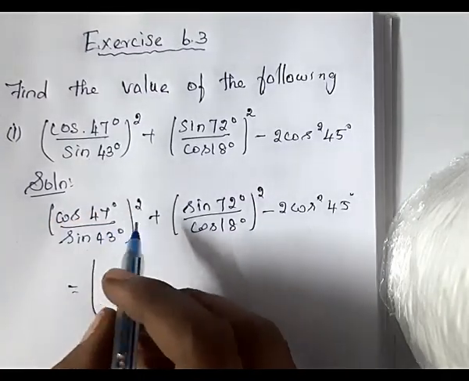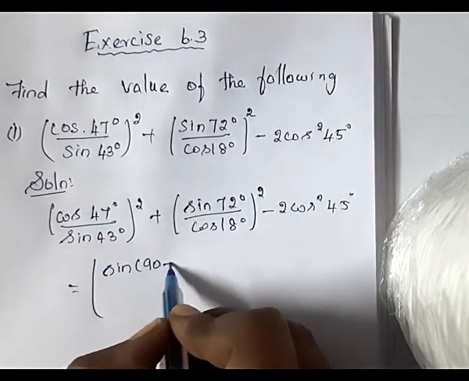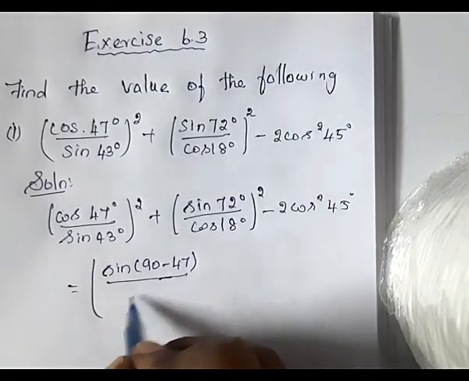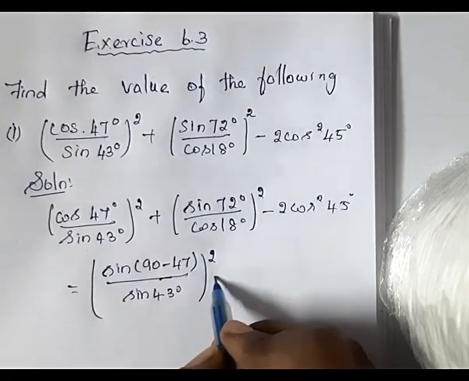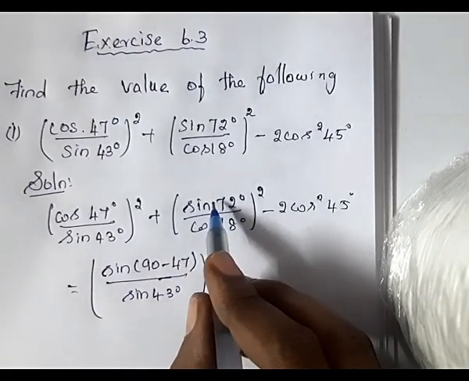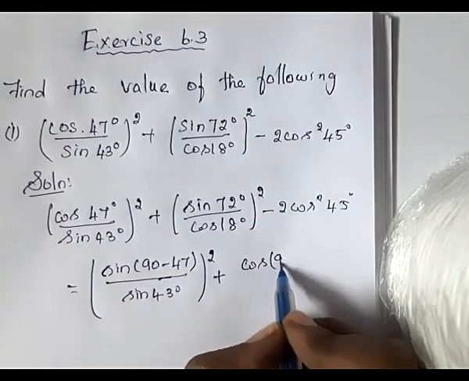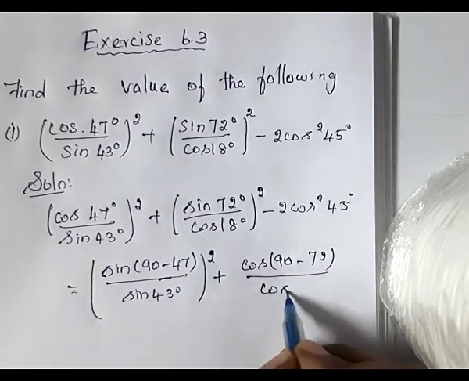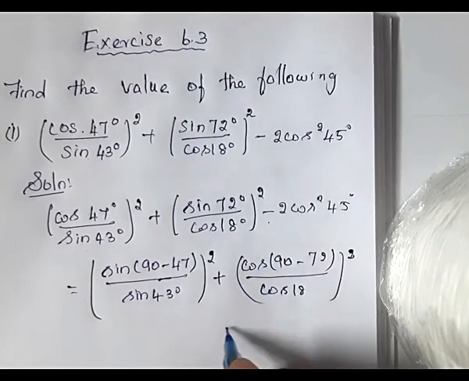So cos 47 degree value is sin 90 minus 47 by sin 43 degree the whole square plus, here the same, in the numerator I'll apply the value. So sin 72 value is cos 90 minus 72 by cos 18 the whole square, then minus